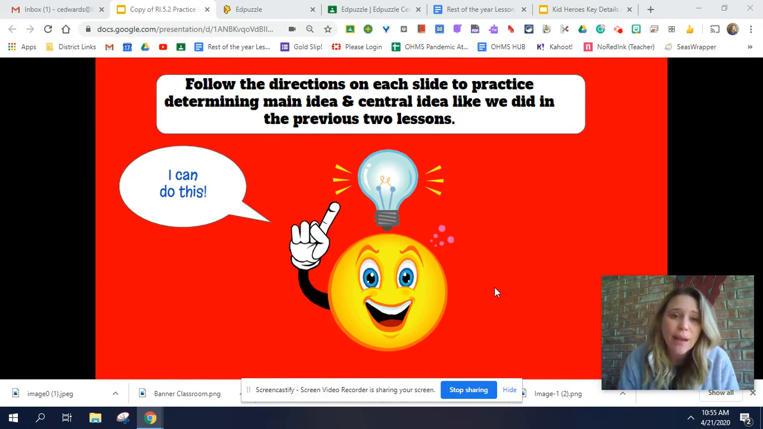And then you're going to take your main ideas of each section and you're going to write a central idea statement. All right, let's get started. Remember, you can do this. All right, the very first